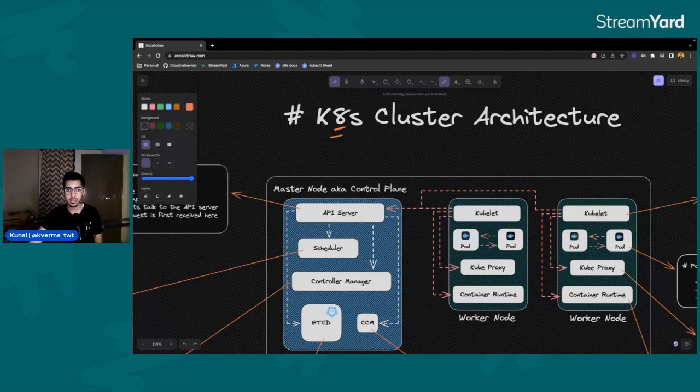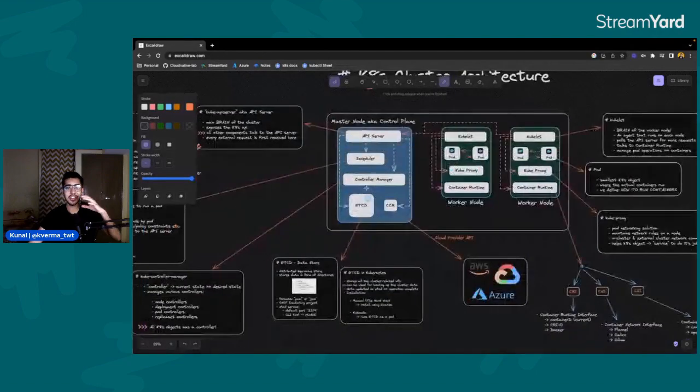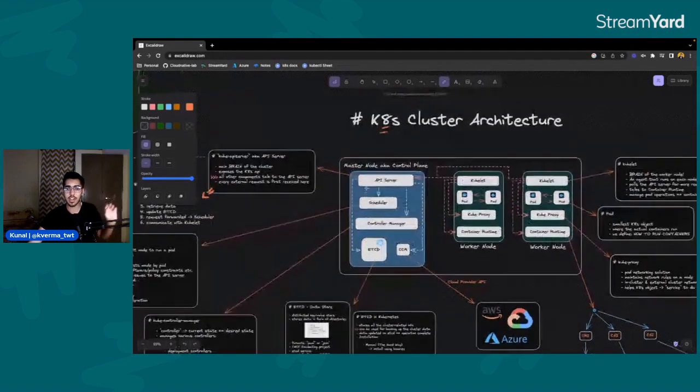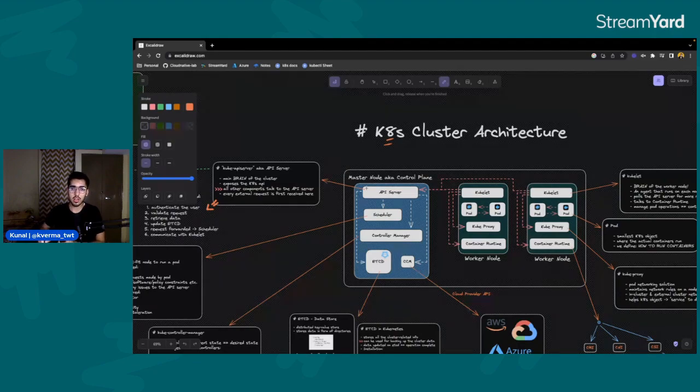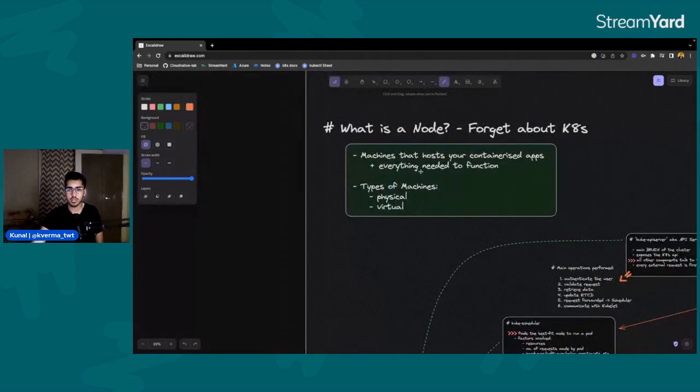Let's understand that. Before I jump onto this massive diagram that you can see around here, with a lot of networks and things happening, if you talk about a Kubernetes cluster, there are two most common terms that people use when referring to the whole architecture, which will help you understand better. One is called a node, and the other is called a pod or pods. About pods, we'll study a little bit later. You can see in the diagram here. We'll get to that part a little bit later. But before jumping onto the architecture itself, I want to explain what a node basically is. Okay. So, just zoom a bit.